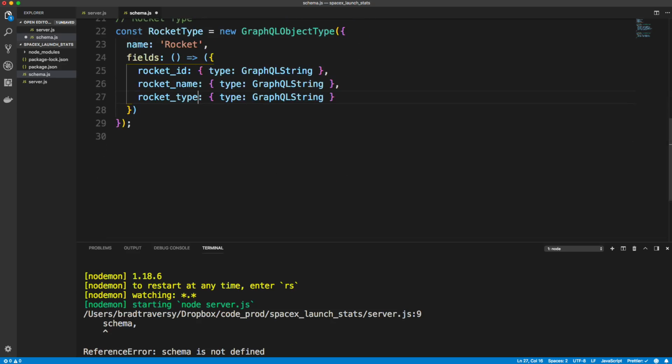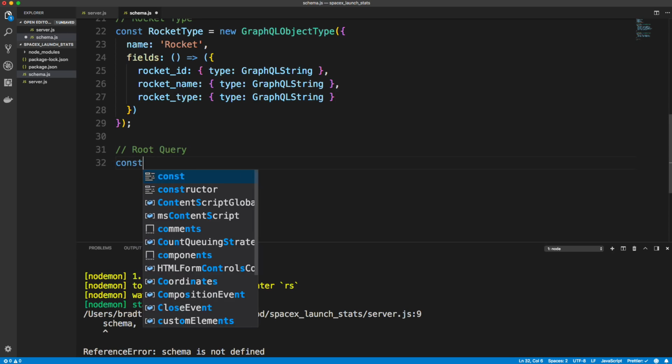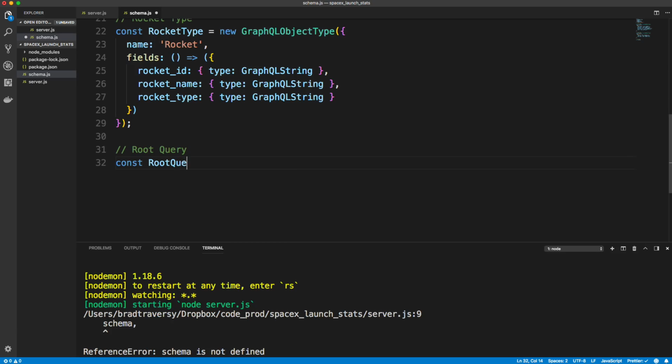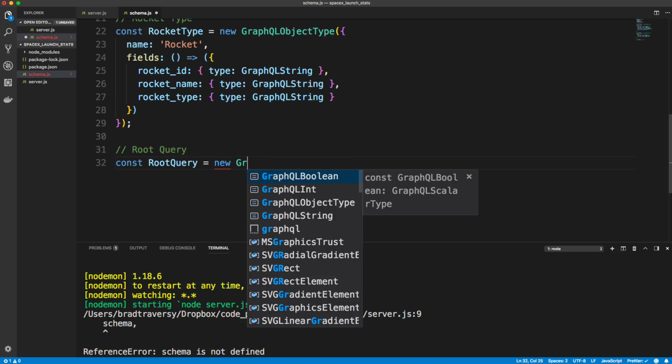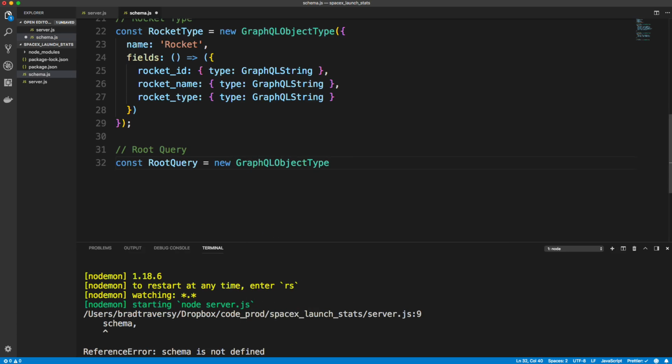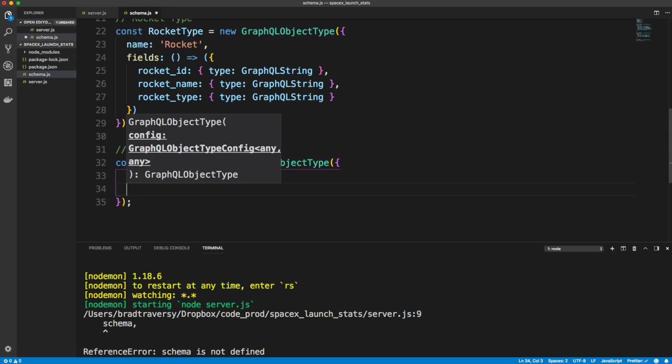So now that we have our types, we need to create something called a root query. Okay, and in this root query, we can create basically kind of like endpoints that have resolvers that will resolve our data. So let's say root query, and the way that we do this is create a variable called root query, and let's set this to a new GraphQL object type, just like the fields above. It's going to have a name, and we're going to call this root query type. All right, now the fields